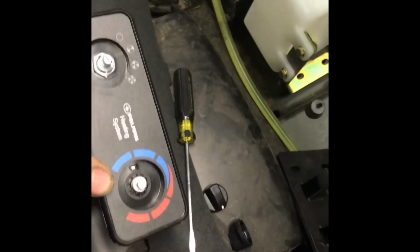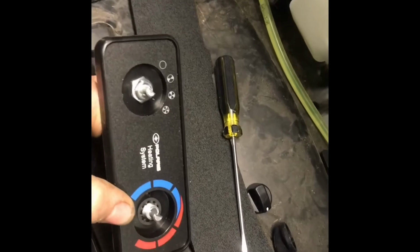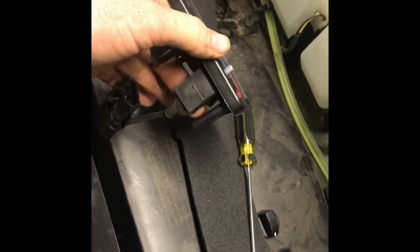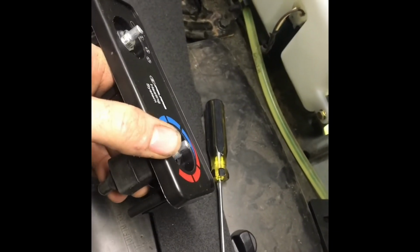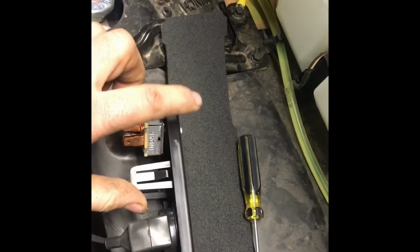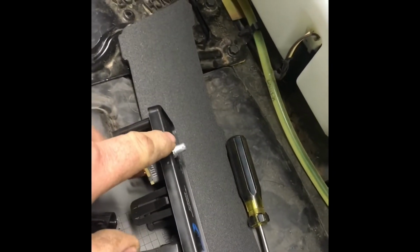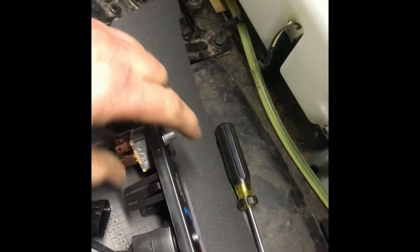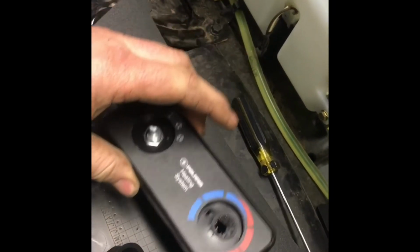Okay, so I've decided to mount this in this little panel here that goes down into the lower dash. But this little panel here is too flimsy for us to just cut a square hole out and pop this in. So what I'm going to do is I'm going to take both switches out. I'm going to cut off all of the little extrusions off of this panel here. Lay it up here. Pre-drill these holes out in this panel to match these two holes. And then I'm going to sandwich everything together with the switches. Because this is pretty thin, so I think it'll sandwich just fine. And it'll be stouter in the long run. And it'll make a really nice